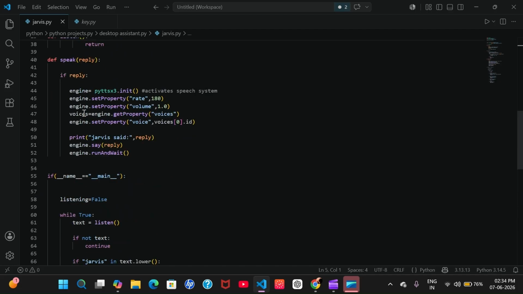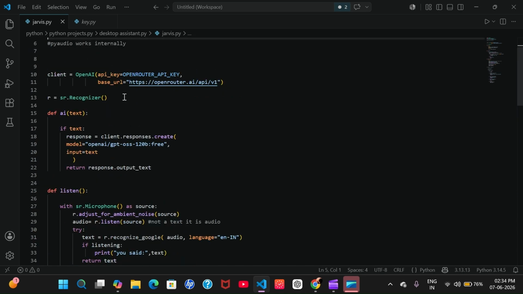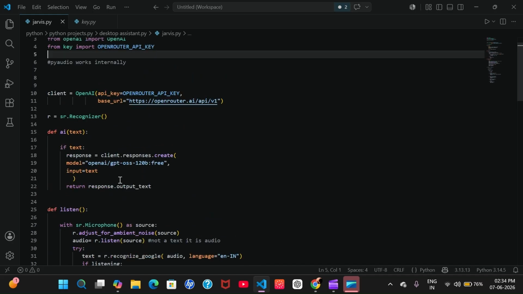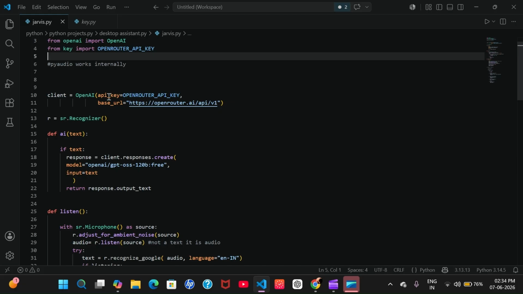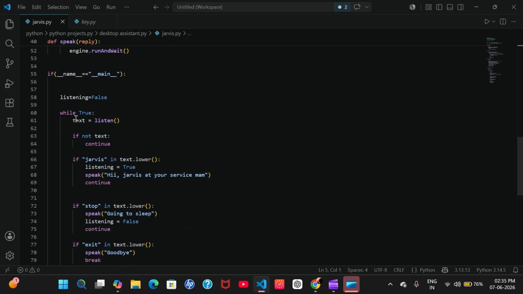So I made the functions speak, listen, and AI. These all work. Okay, this is a part of AI, I will tell you. First, let's understand this. First of all, listening is False, I mean Jarvis is not listening. Listening is currently False, so it will listen. Then it converts it and stores it in text.